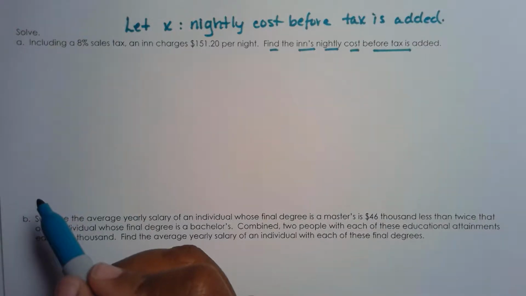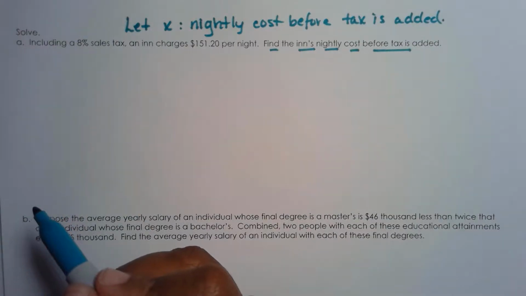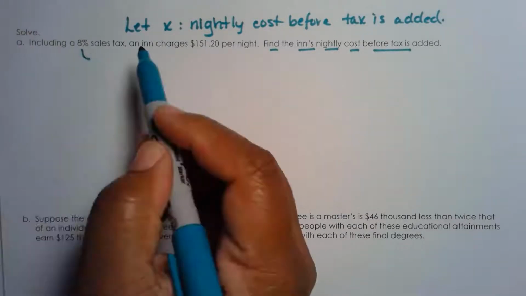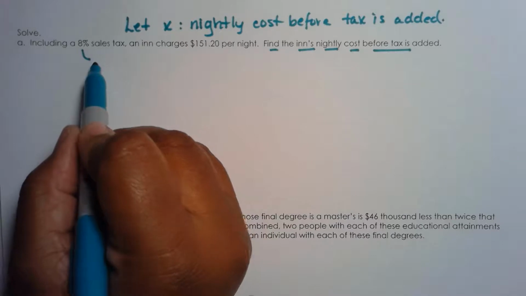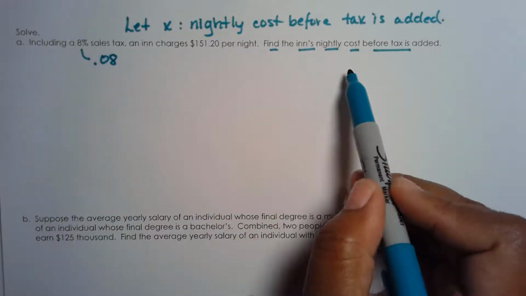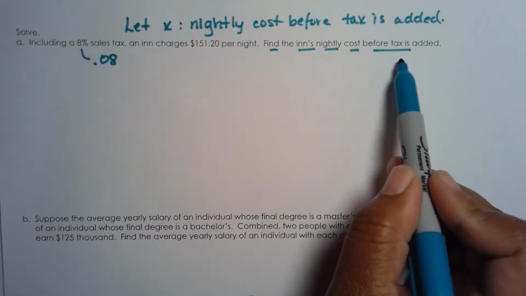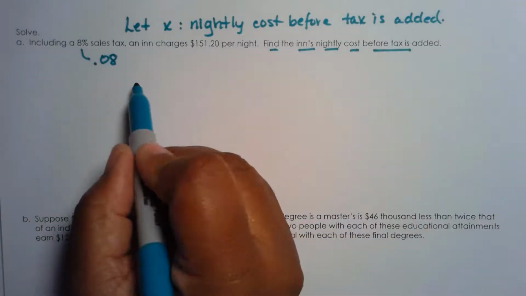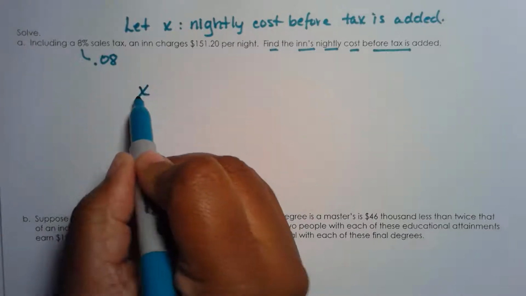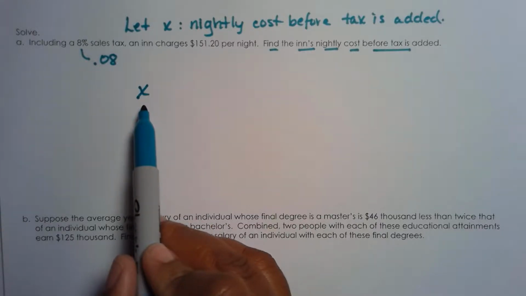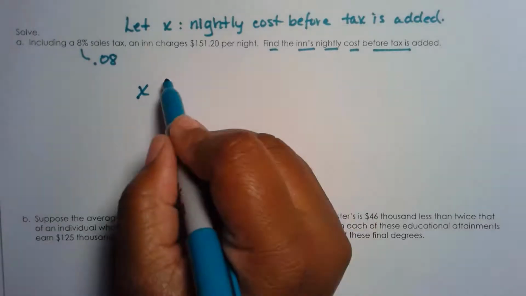How we're going to set up our equation is, first of all, let's convert 8% to a decimal, which is 0.08. Since we're looking to find the nightly cost before taxes added, we're going to, of course, let that be our unknown. So we're going to take what we don't know, the cost before the taxes added, add it to,